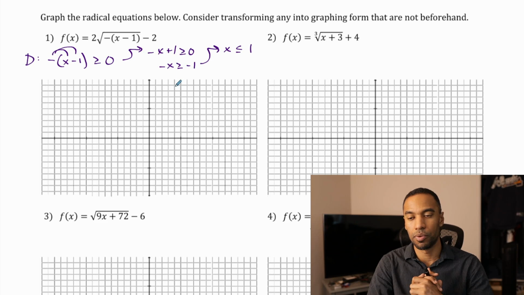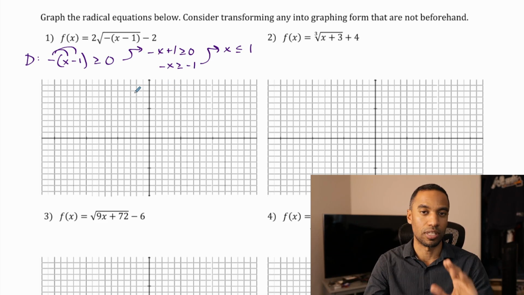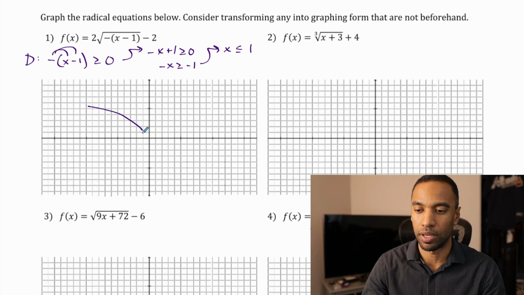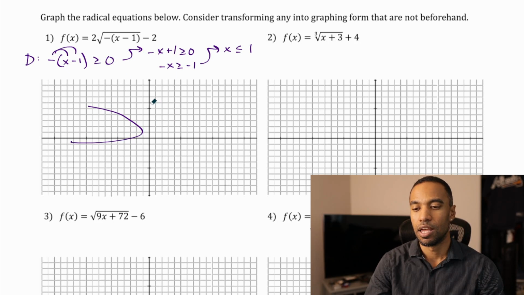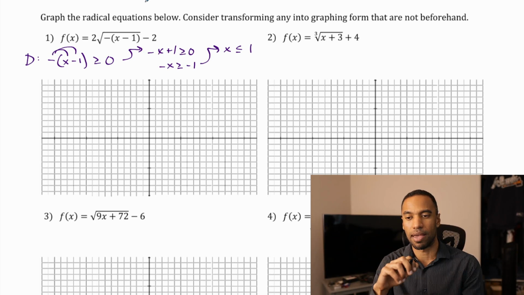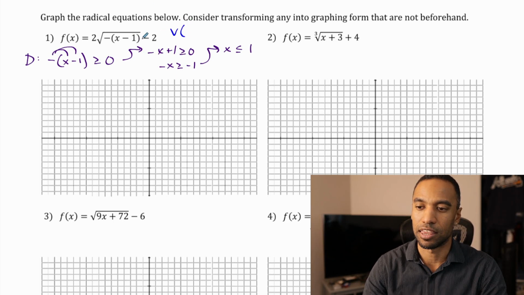Now, if you haven't done any square root things with me before, square roots are basically sideways parabolas, only it's half of a parabola. So instead of something going like this, it's more going like, in this case, to the left, but only half of it is happening because of the idea of functions. You can't have multiple y's for the same x value. But a lot of things are going to apply the same way that we have in the past, such as we have a vertex at the point